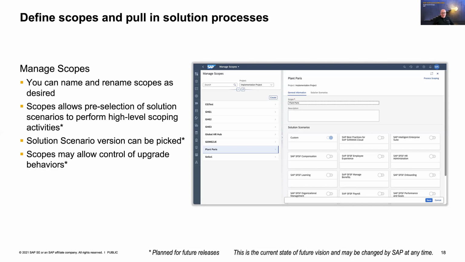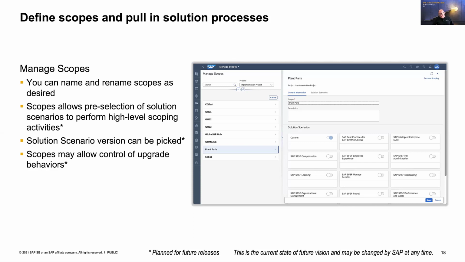And that makes a lot of sense, because you can also later pick the start version. So for instance, for best practices for S/4HANA Cloud, there are multiple versions available. And if you now load the content into your tenant or into your Cloud ALM tenant into your scope, you want to determine what is the version I want to use. Do I go for 2108, or do I go for 2105 or 2102? You can define that. And then you can pull in the content in the right version as you require it.